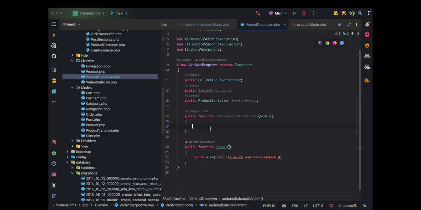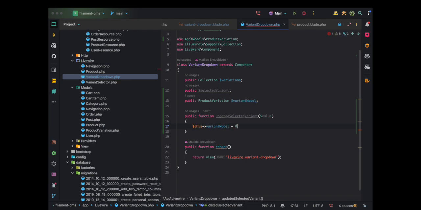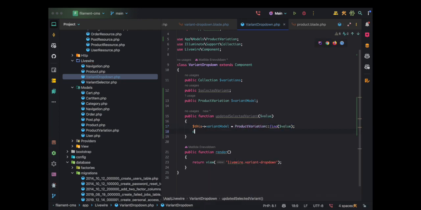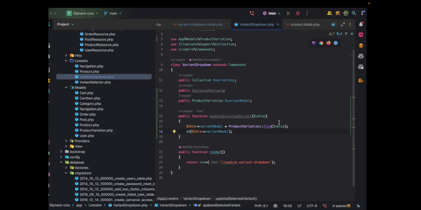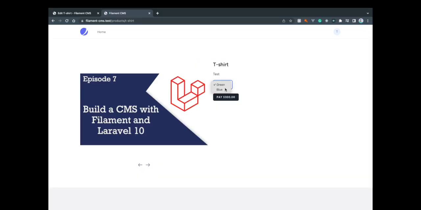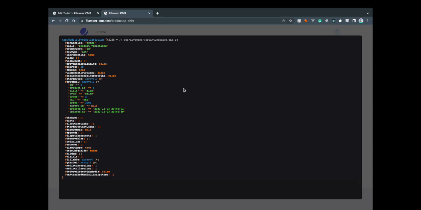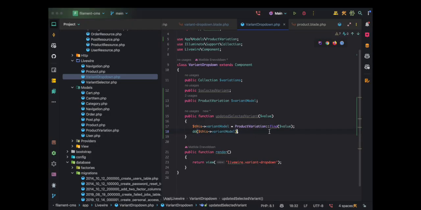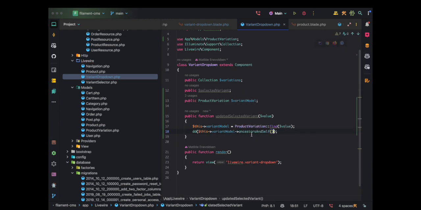So let's go in now and basically say this variant model equals ProductVariation find value, and then let's dd this variation model. And there we go, now we have the model here. And what we actually want to do is say ancestors and self,